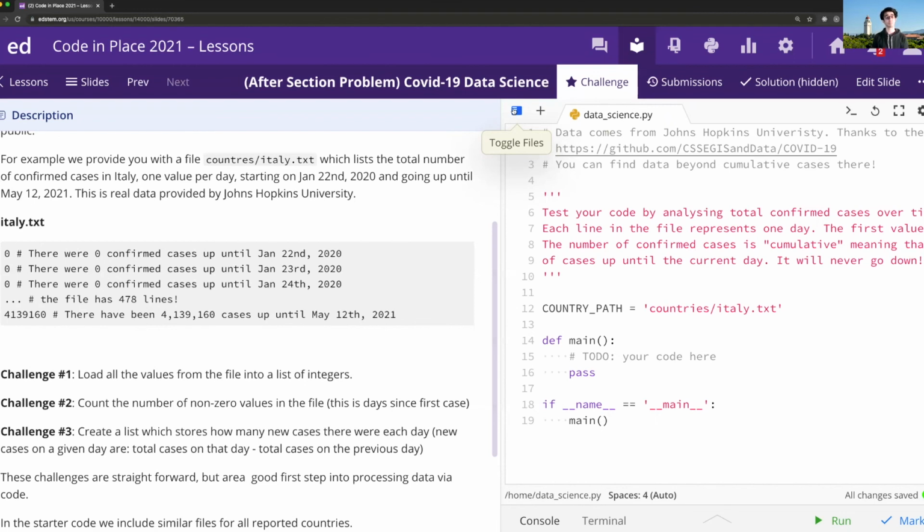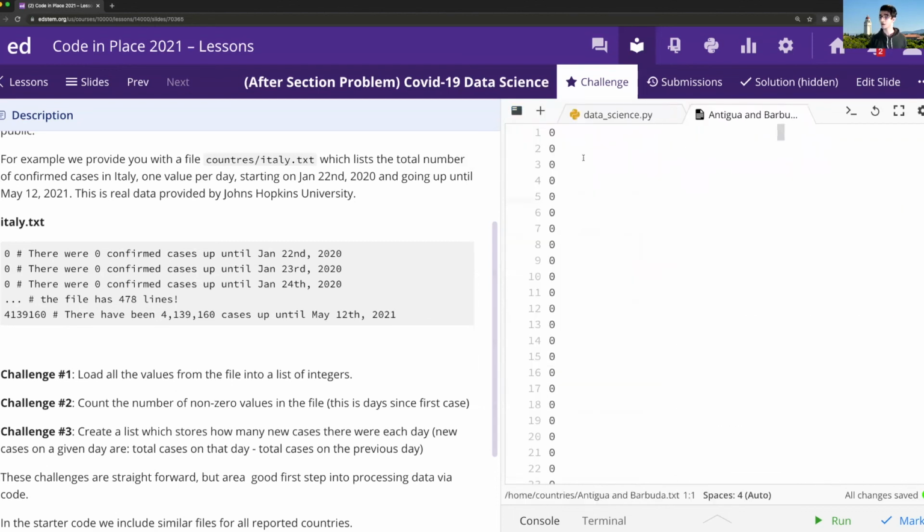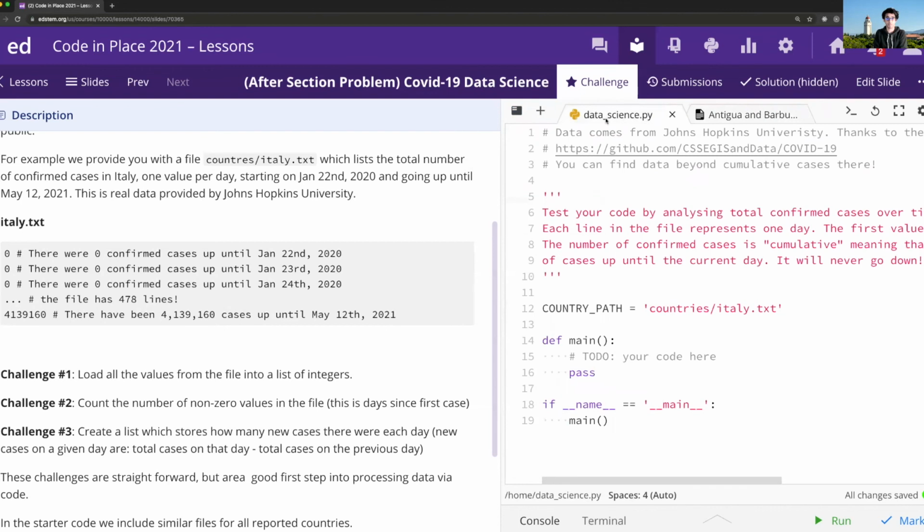These are all incredibly powerful things to be able to do, which you can't do with the data just in a file. Once you've got this data in a list or some sort of data structure that you think would be helpful, one thing you could do is just count the number of non-zero values in the file. So if we open up some random countries, again, let's say Antigua and Barbuda, you'll notice that there's a lot of zeros. And then on day 52, the first COVID case happened, which meant that every day after that had COVID cases in it. And so if you count those number of days with COVID cases, you'll know how long COVID has actually been a problem in that particular country.